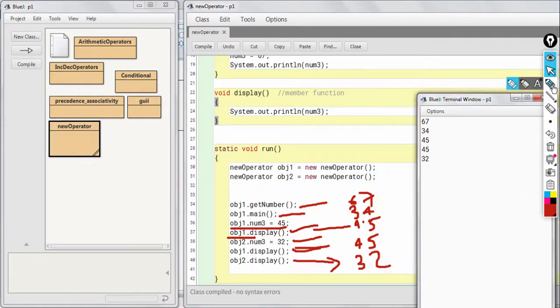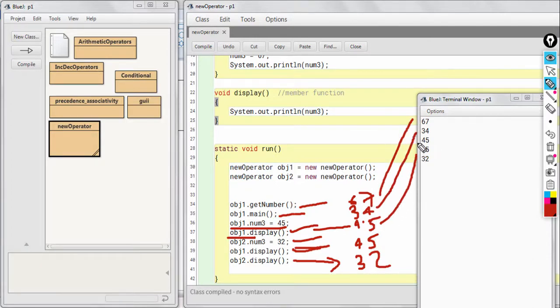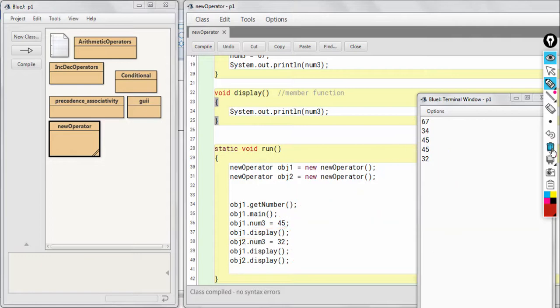So as you can see students, 67, 34, 45, 45 and finally 32. So this is it. If you can understand this example, that means you have understood the concept of objects, instance variables. And if you haven't understood, you need to re-watch this video and the previous video. You have to watch it again and again until you understand.